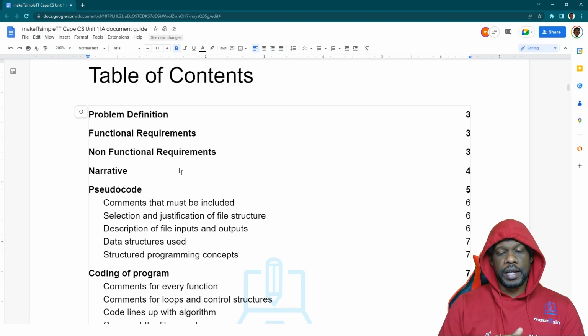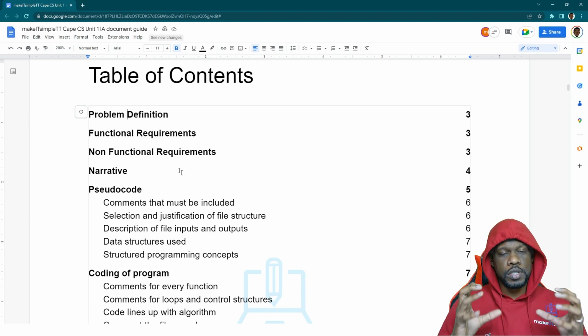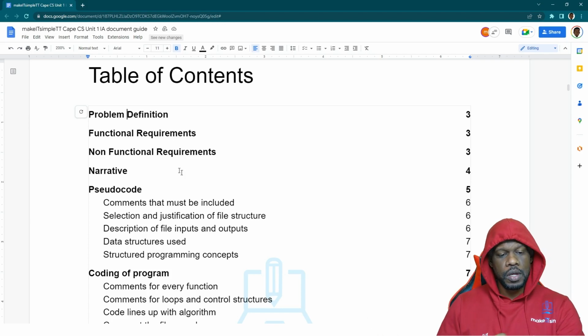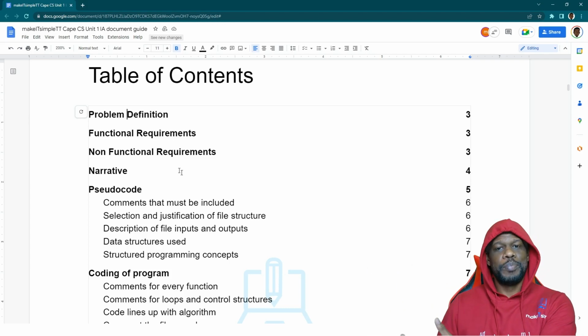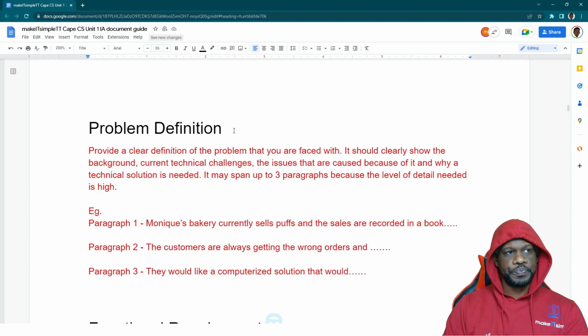I don't generally recommend that students fabricate it, because in Unit 2 you end up in a big problem where you basically have to do over a whole IA, do over the whole code. What we want to do is try to get this code to move from Unit 1 to Unit 2, where you take the Unit 1 code and software engineer it to make it better. That's the goal. So, problem definition, we want to provide a clear definition of the problem that you're faced with,